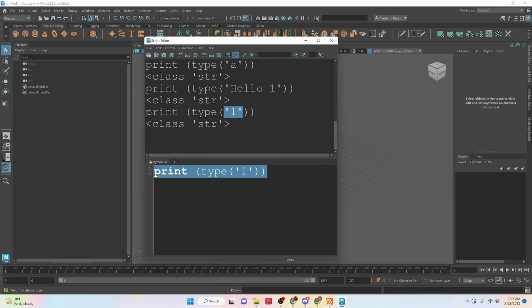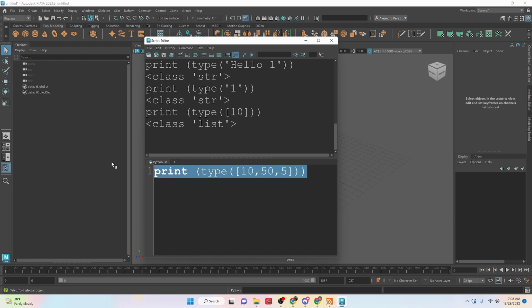Okay, then we have list. So a list is a set of data that we are storing into a single unit. With a list, you're going to open and close it in brackets, and then you would put information in there. So let's say 10. This is a list with one object in there. And you can see that we have a list there as the type, but we can also put